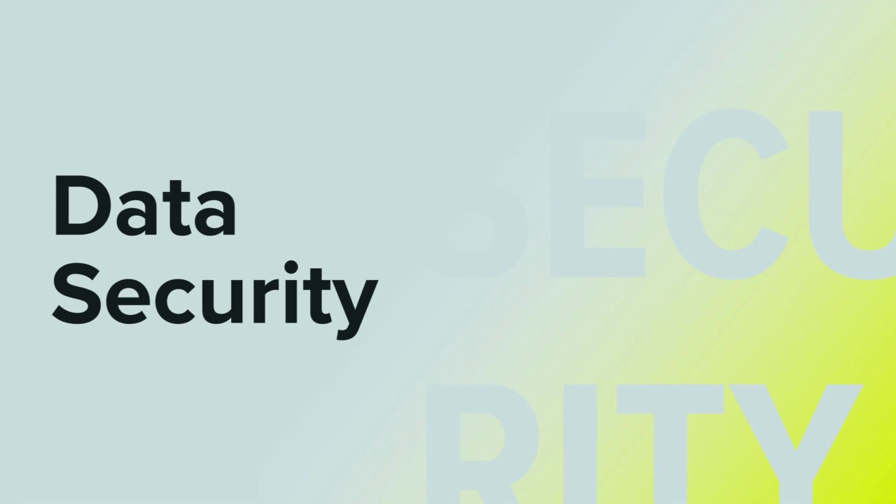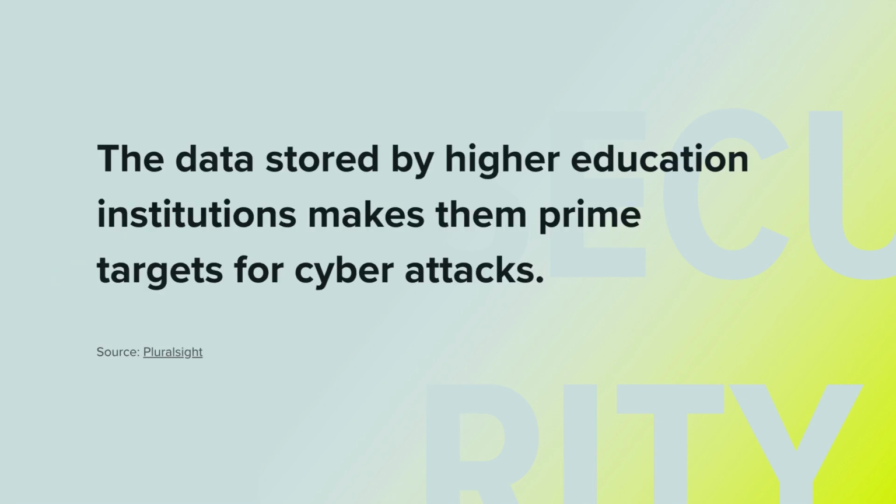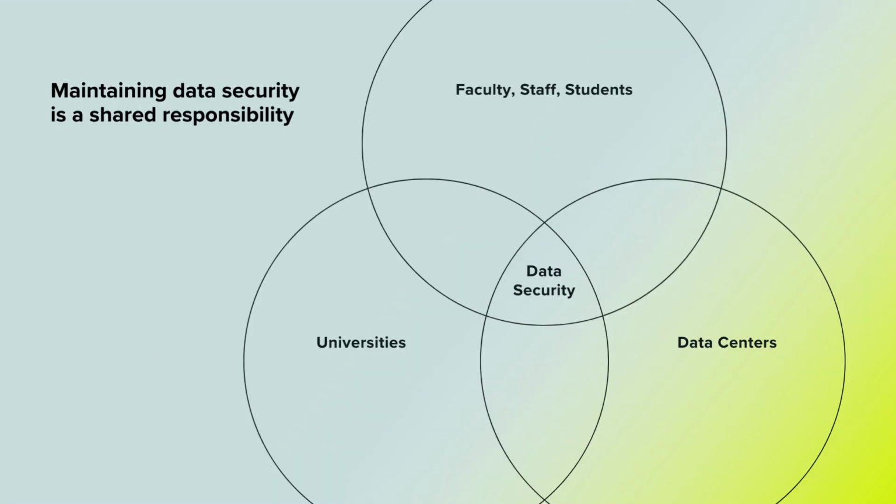Finally, as universities increase their utilization and reliance on data centers, data security must be addressed. According to Pluralsight, the data stored by higher education institutions makes them prime targets for cyber attacks. Universities handle sensitive information such as financial records, personal identifiable information such as social security numbers, intellectual property, and research. In the higher education sector, end users, such as faculty, staff, and students, universities, and data centers share the responsibility